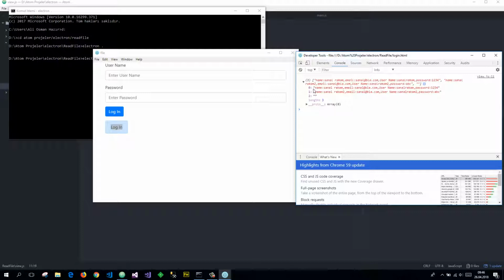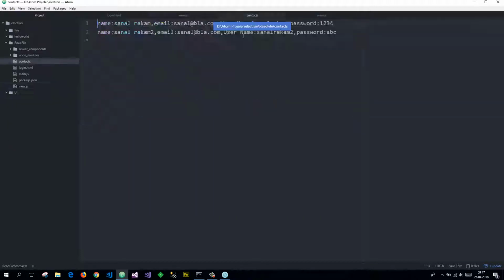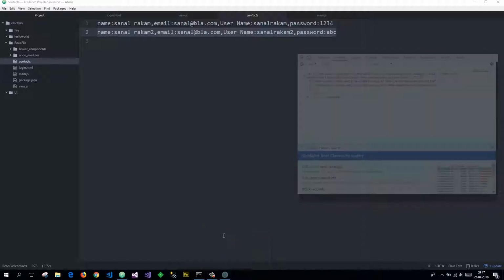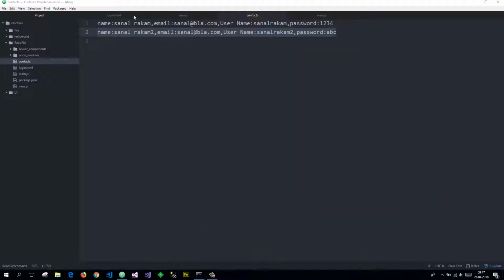Although there are two string data and contacts 1, 2. Okay, name sanal rakam, email sanal.blah.com, username sanal rakam, and password 1234. And second string name sanal rakam 2, email sanal.blah.com, username sanal rakam 2, and password ABC. Okay, the system takes the trailing space as an element. Does not matter. Okay, close the application and open the